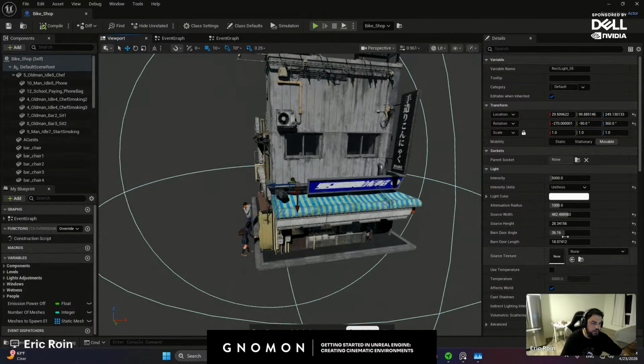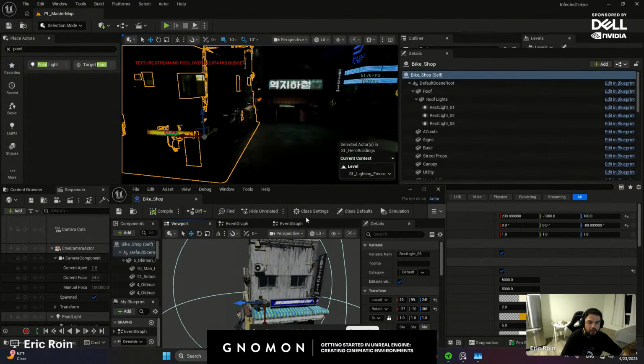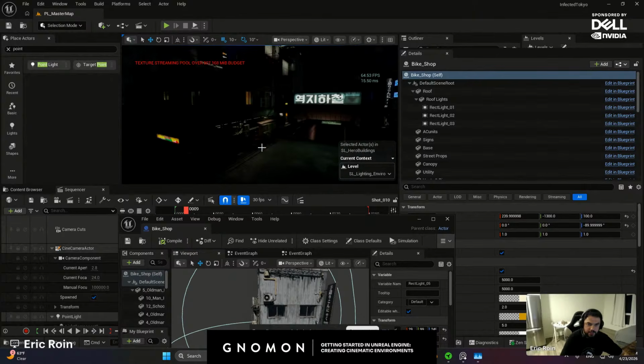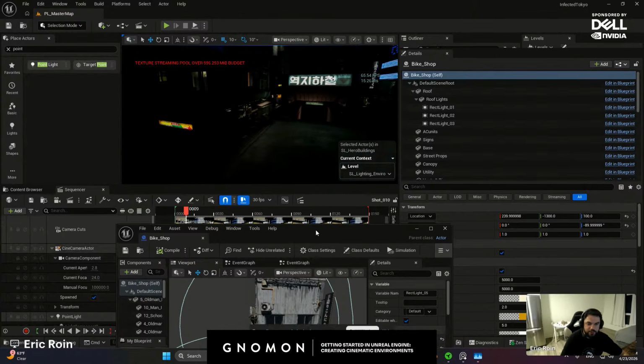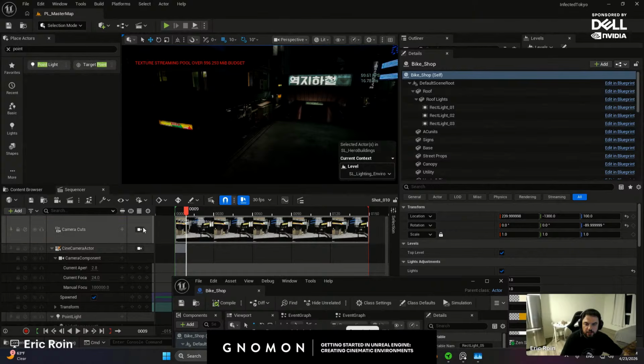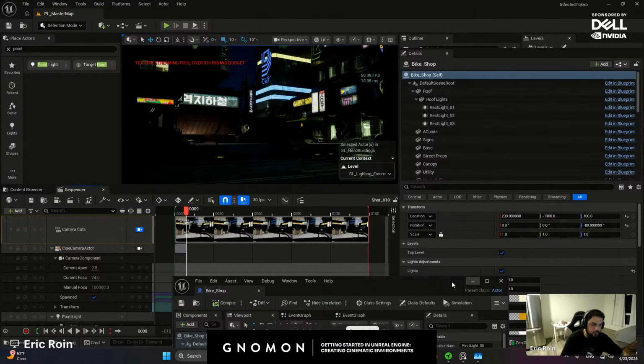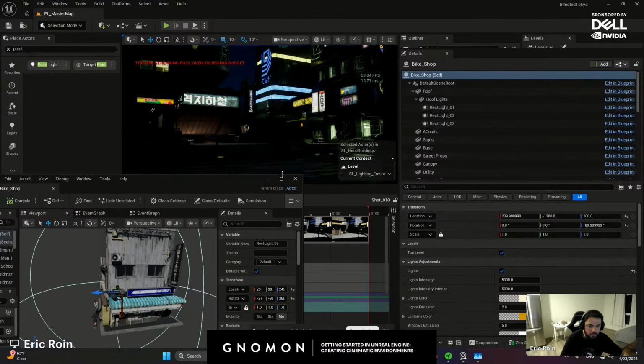I'm not going to be getting into the settings of what other artists did, but I'm going to be showing you my own lights. I'm going to be adding them on top. That way, you guys can see some of the settings that I'm changing. Right now, I'm just kind of setting the mode, setting up emissive materials, and then we're going to go in and give it more of our own lighting twist on that.